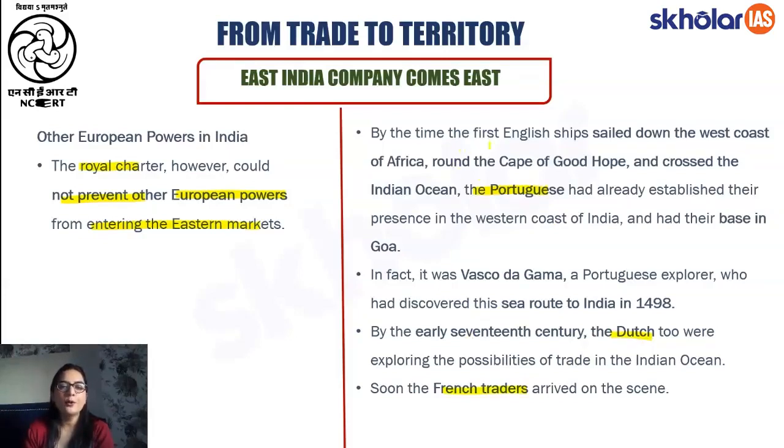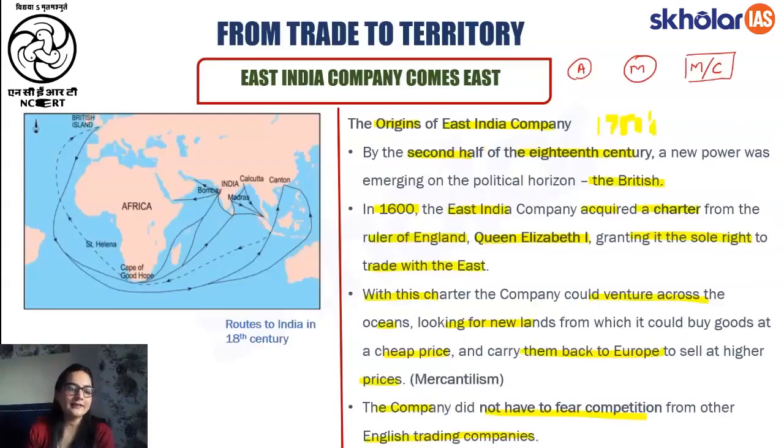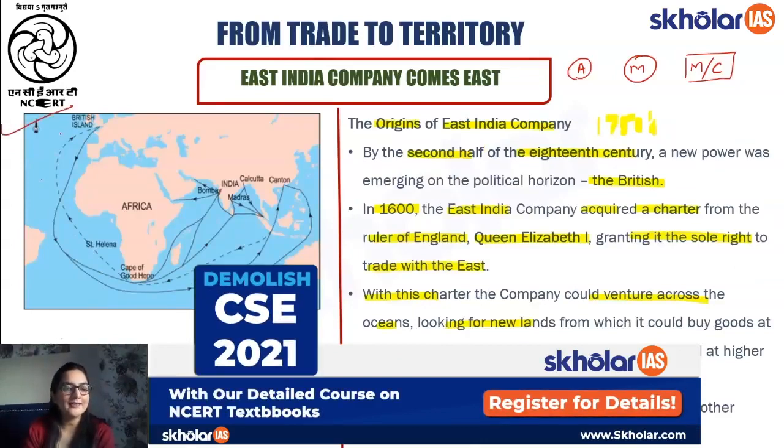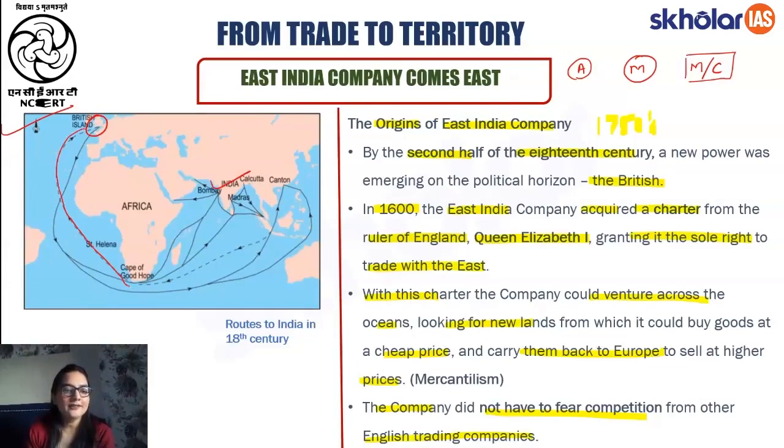Now students, apart from this, we have to know the trade route through which the European companies had come to India. This particular trade route is very, very important for us. So in order to understand that, let's look at this particular image or map that is presented on your screens. Herein we can see that here lies the British island. And in order to reach India, they had to sail across this part of the ocean, wherein they are covering the entire continent of Africa.